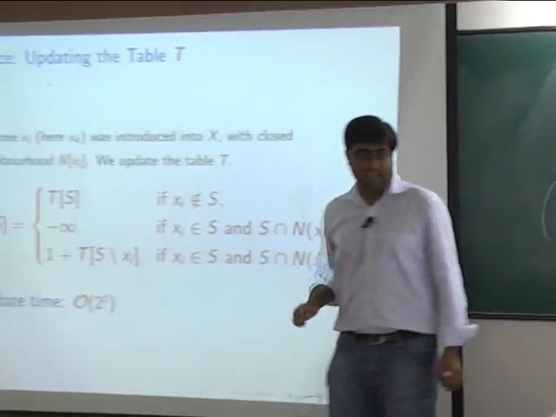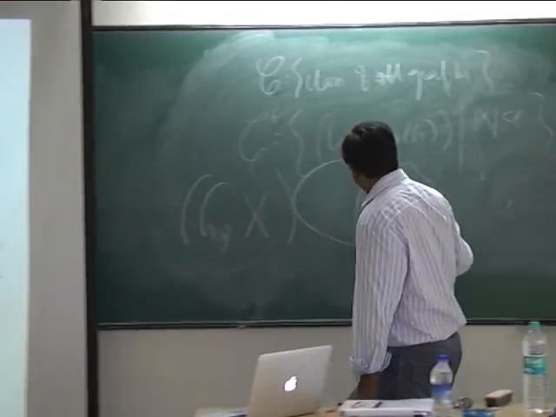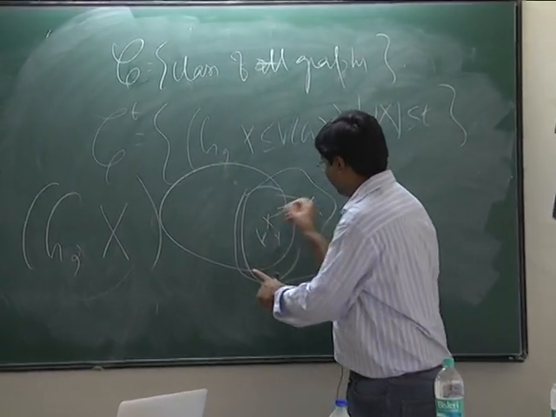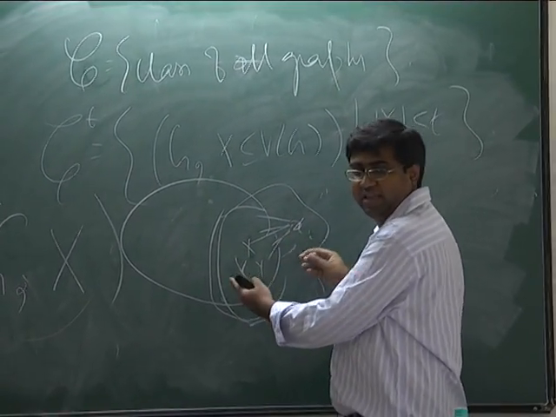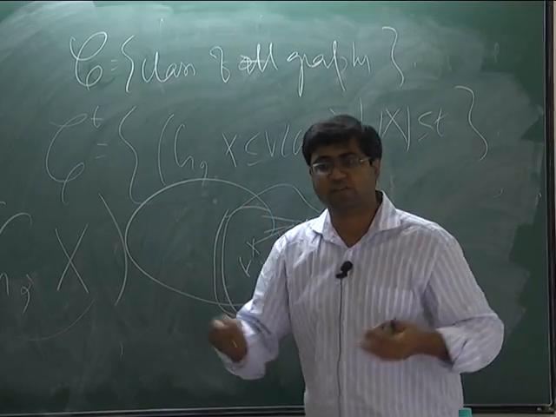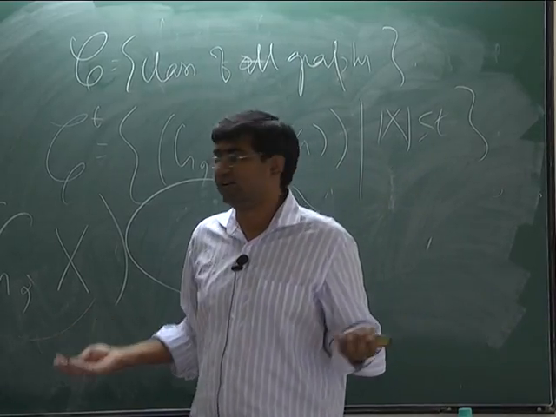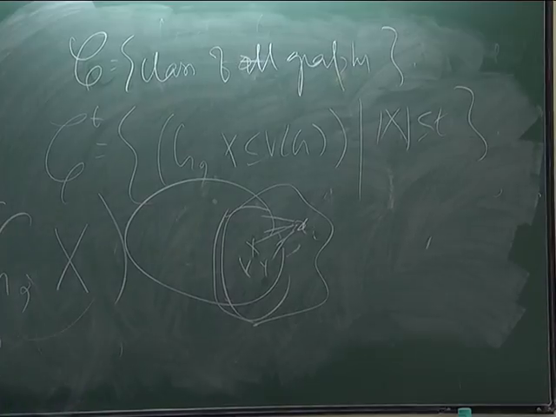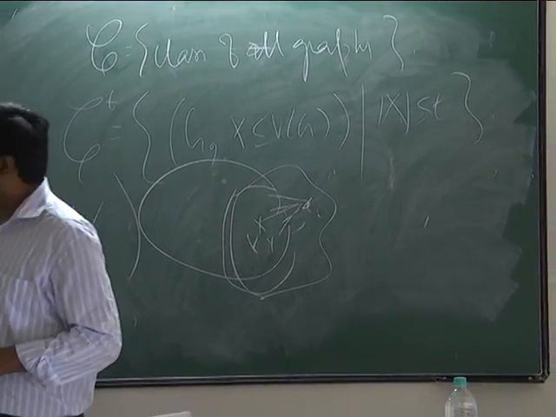Now if xi is in S, but this S has some edges, like S contains xi and one of its neighbors, clearly this cannot be extended to an independent set. So put minus infinity. This is the case when S intersection N of xi is nonempty. Otherwise,